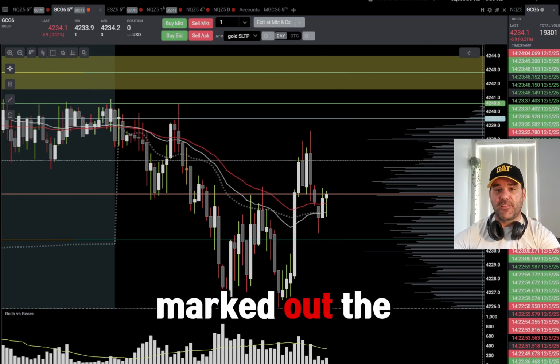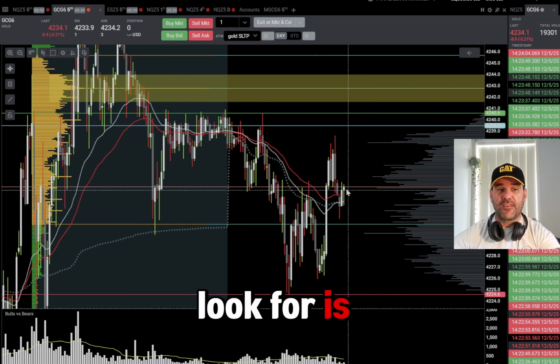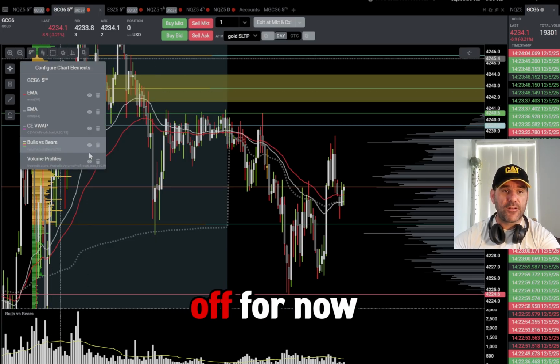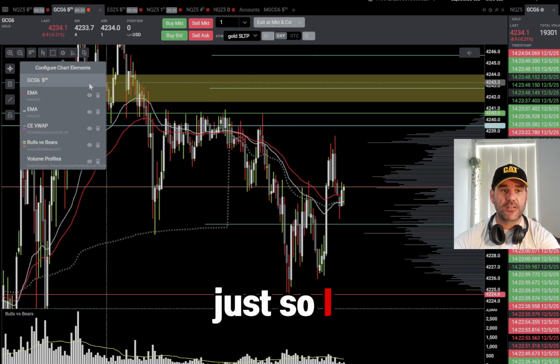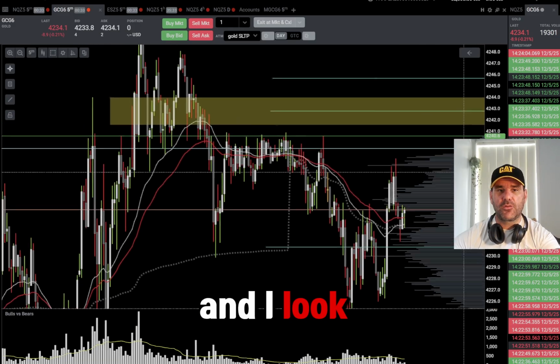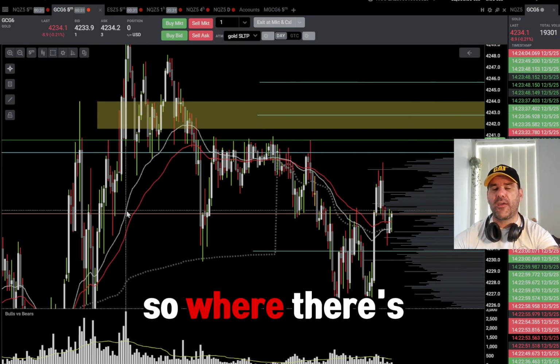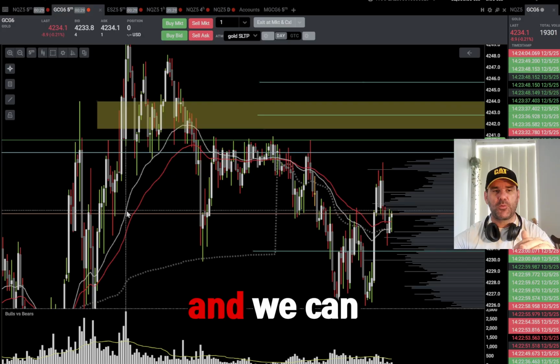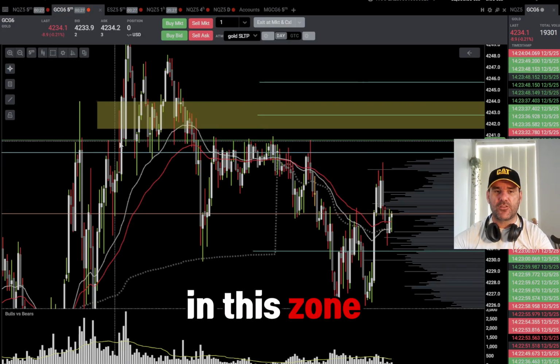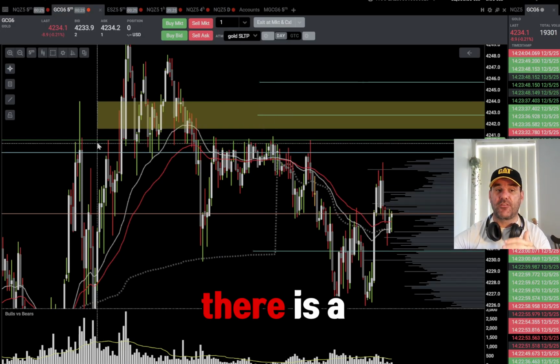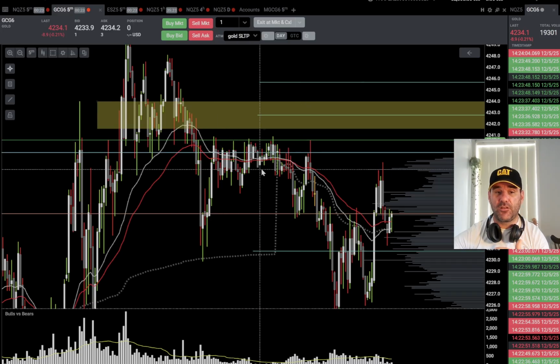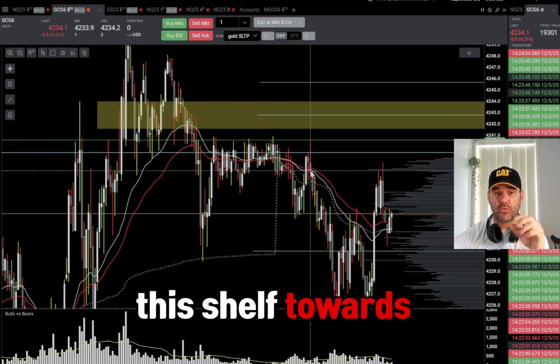So once they're marked out, the only other point I look for is key levels. I'll turn this off for now, just so I can see the chart. And I'll look for key levels, where there's a lot of support and resistance. We can see right in front of us in this zone straight across here, there is a lot of resistance. Support, yes, in this shelf